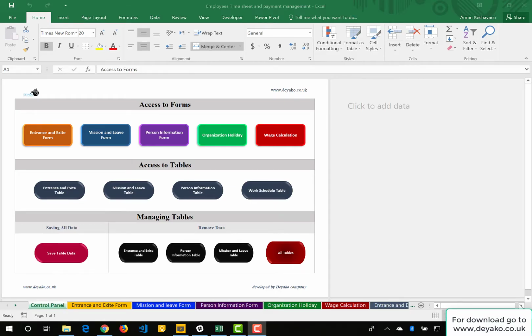Hello everyone, here we want to talk about the Excel file that helps you manage your employees' timesheet. You can also use this Excel file for calculating your employees' payments and how much to pay each employee you have. In the first sheet you can see a control panel that enables you to access